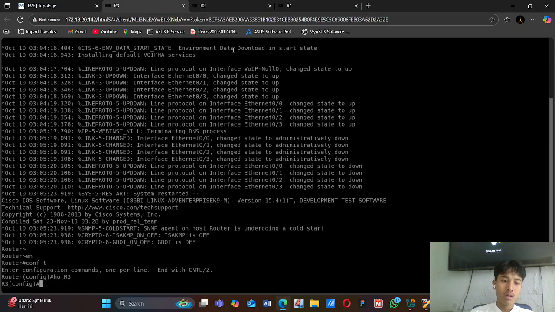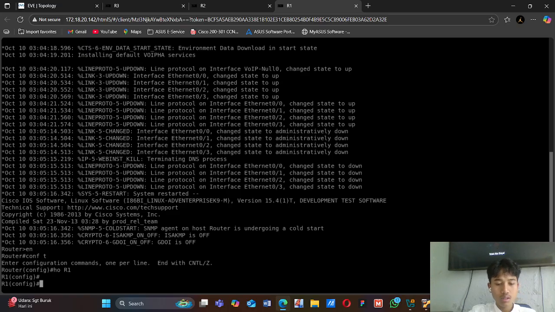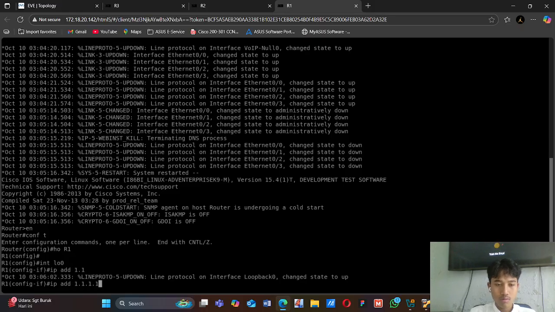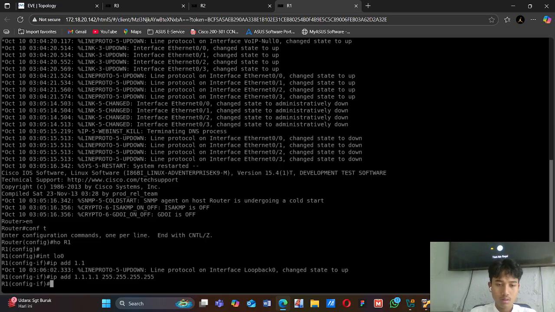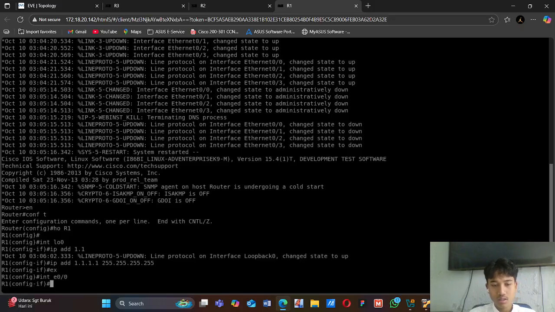So after we change the hostname, we will add the IP loopback in router 1, interface loopback 0, we add 1.1.1.1 using /32, then exit, and then we will go to interface Ethernet 0/0 to add the IP address there.